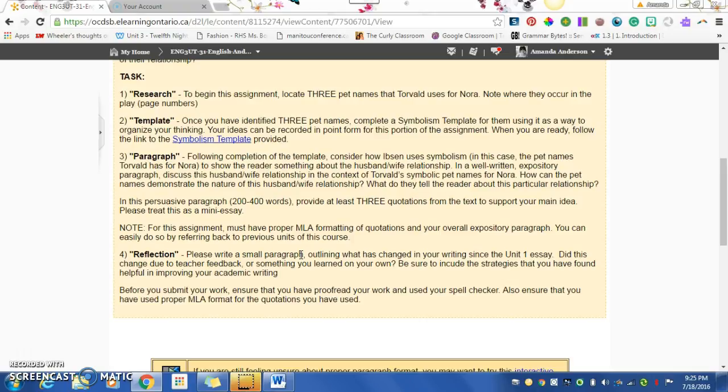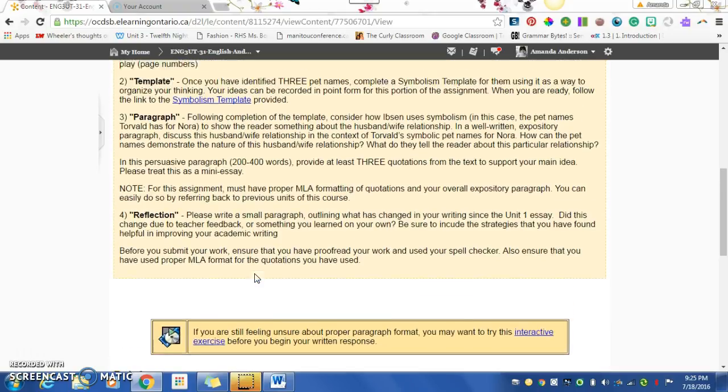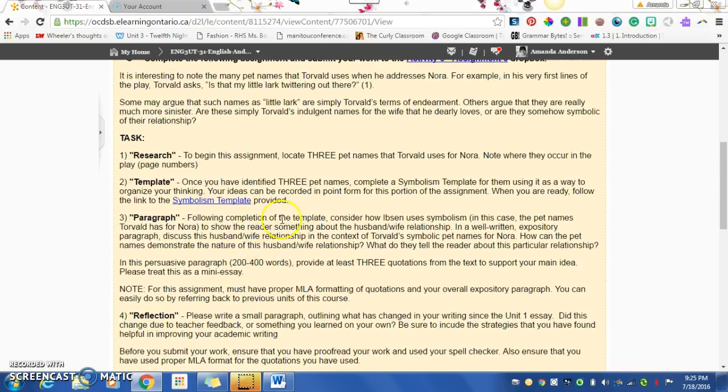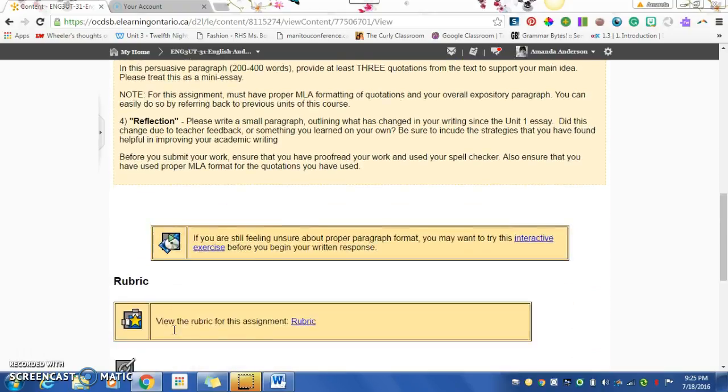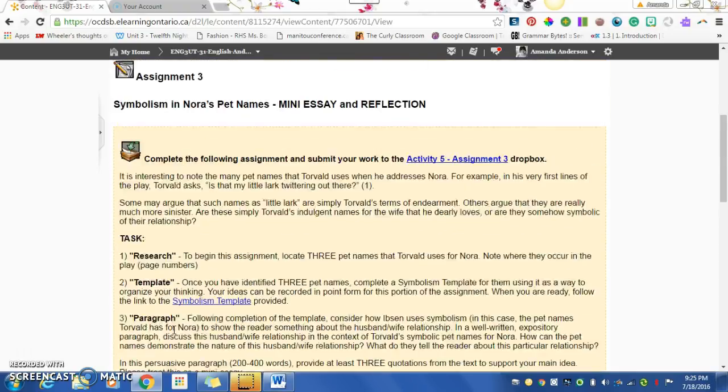Is it something you learned from your own? Is it something like from the tips? Is it something that you forgot and now you remember? How are you going to continue to improve as a writer as you go on to 4U and later on to post-secondary? So you're going to submit your paragraph or paragraphs, and then you're going to have a section at the bottom for your reflection. This is the summative task for Unit 4, so please try and do your best on this one